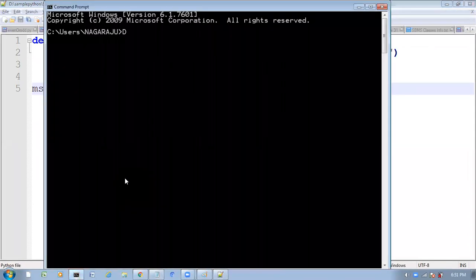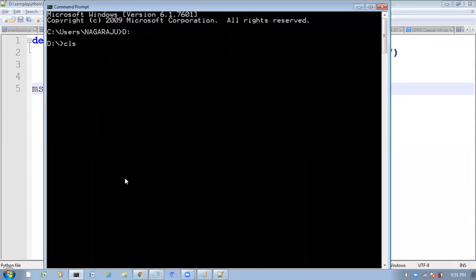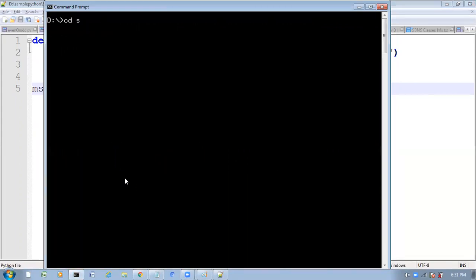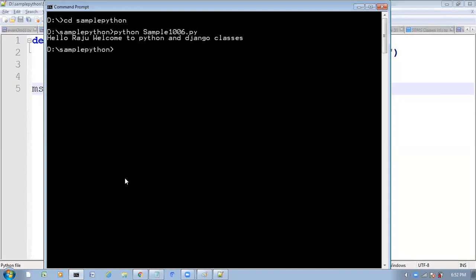We'll see what output we will get here. CD sample Python, python sample 1006. This is my file name. What are we getting? Hello Raju, welcome to Python and Django classes.